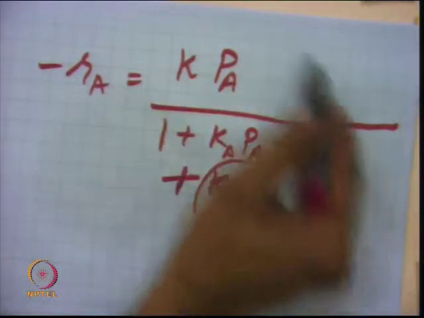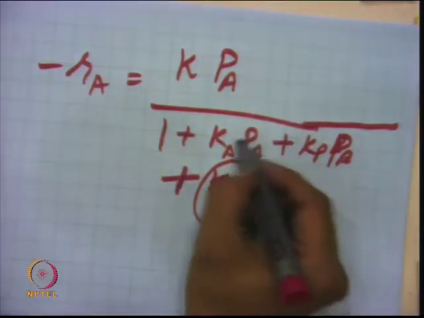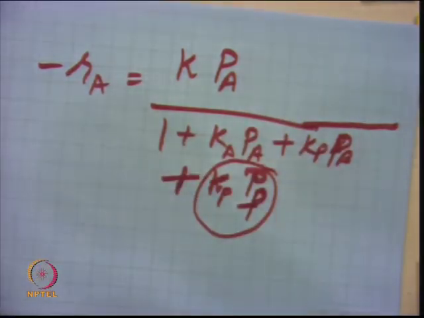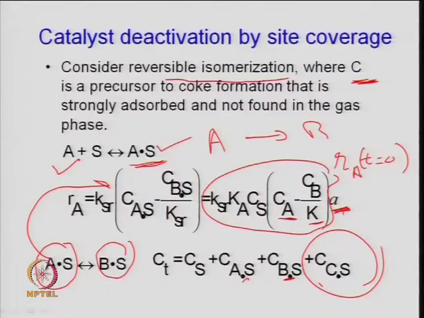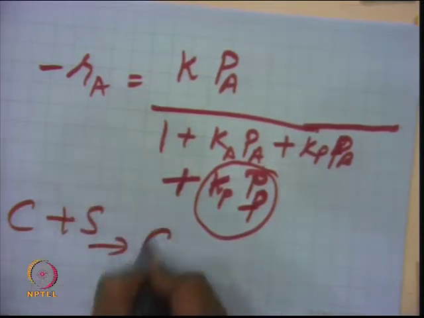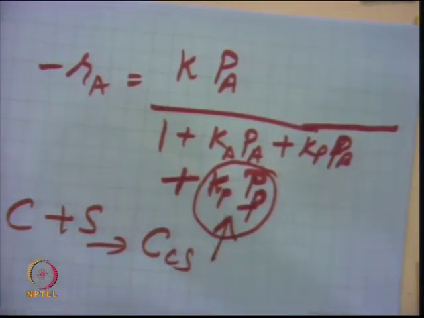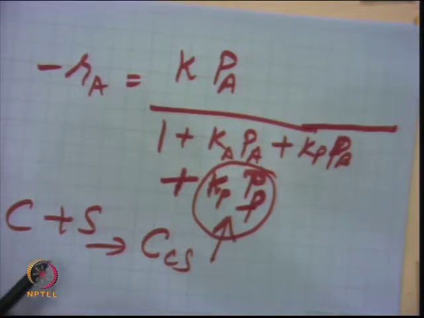This is the term which is because of the chemical reaction, you cannot eliminate these terms, right, because they are strongly chemisorbed, but they transform into the product due to the course of time, right, because of the surface migration or surface reaction. But this poison precursor is not taking part in this, and this is a kind of irreversible chemisorption of the poison precursor, or something like C plus S is converting to C S. So, C plus S gives you CCS, and this term is arising because of this, an irreversible poison precursor. So, that has also taken part in terms of total site balance, right. So, that will come in the denominator.